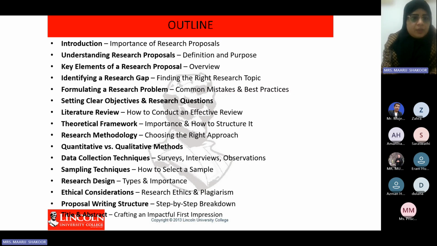So move on towards the literature review. Every aspect of a research proposal is very important. You can say these are the highlighted version of all this. So